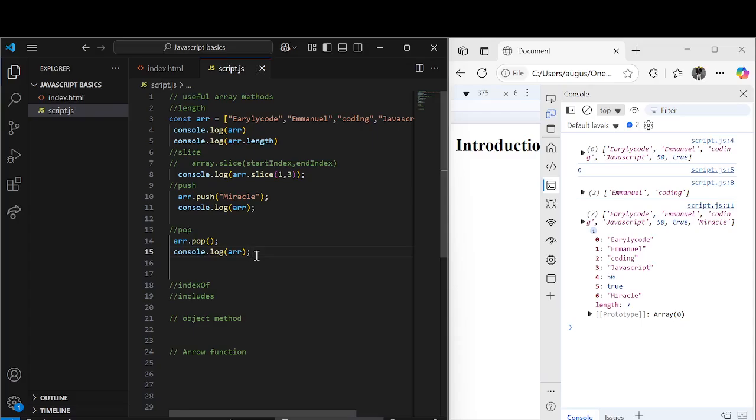Looking at this console, you see we have 7 different values inside of this array, and Miracle, which is the last value, is sitting at an index position of 6. So when you pop, you remove the particular element sitting at the end index. The end index here is 6, which has the value of Miracle. So this pop is going to